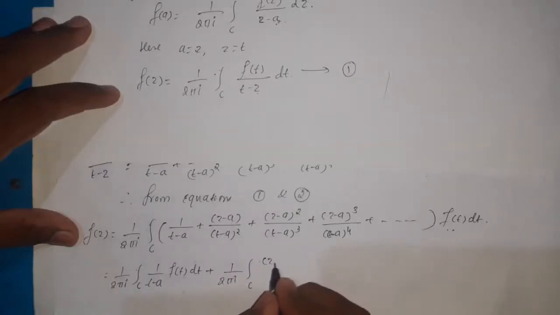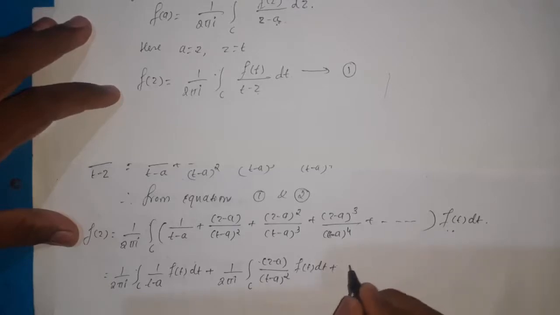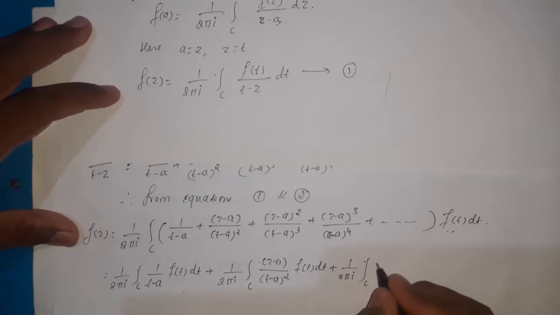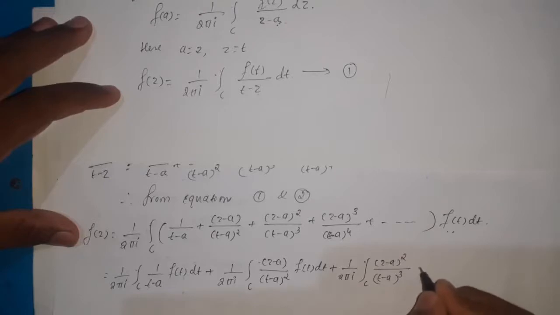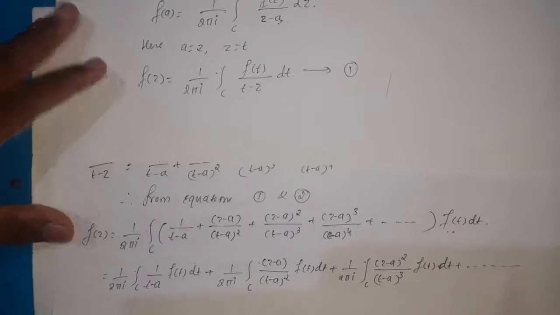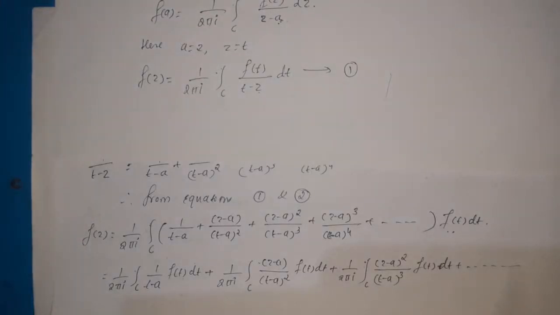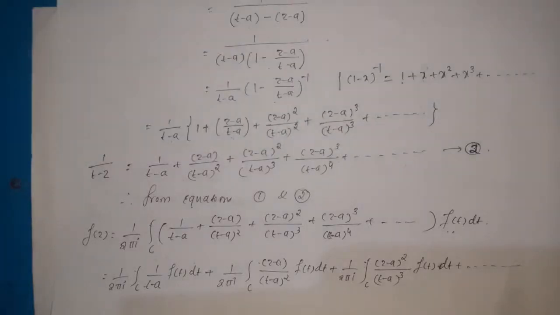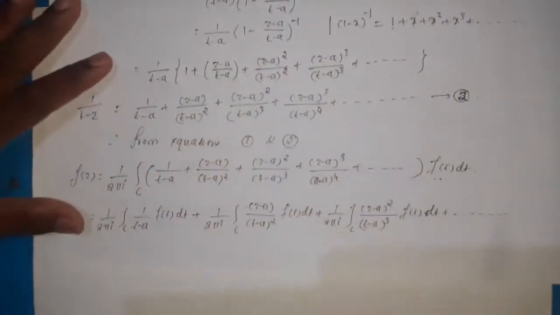Here z minus a divided by t minus a whole square f of t dt plus 1 by 2 pi i integration over c z minus a whole square upon t minus a whole cube f of t dt plus so on up to infinity. So therefore here we have multiplied 1 by 2 pi i and we have separated the integral sign for each and every